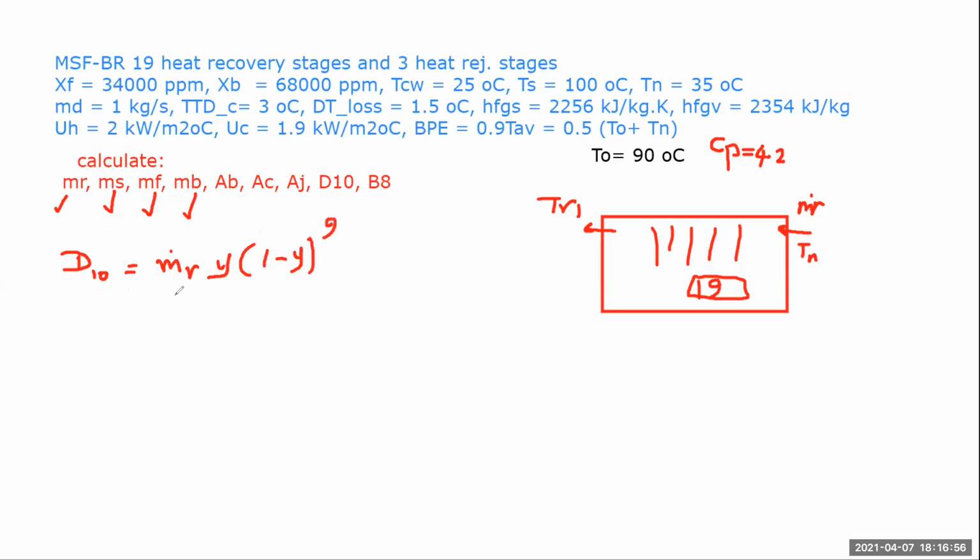Look at this. We know the value of MR we obtained in the first step. We know the value of Y, 0.004. So from here, we can get the value of D10 right away. And the value is approximately 0.046